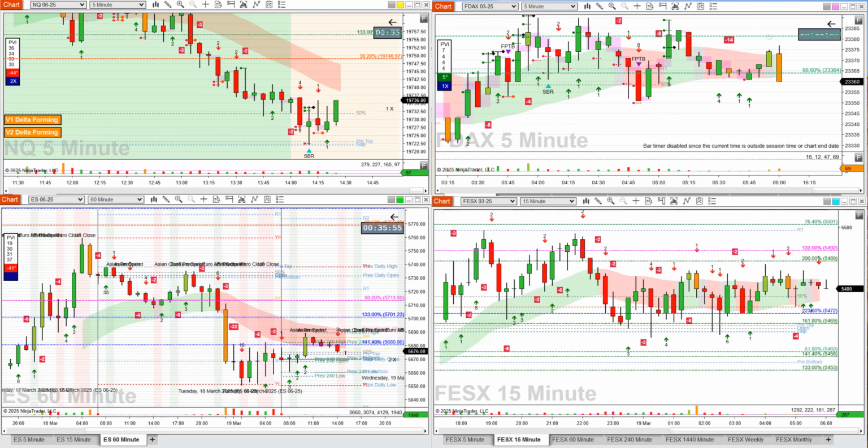Top right-hand corner is the FDAX. It's not quite open yet. And in the bottom right-hand corner, same, not quite open yet. We've actually got the FESX, which is a really good market, guys, for monitoring what the European markets are doing on a very large scale. Please note, guys, the FESX down the bottom right-hand corner is the one you would watch if you're a European-centric trader,